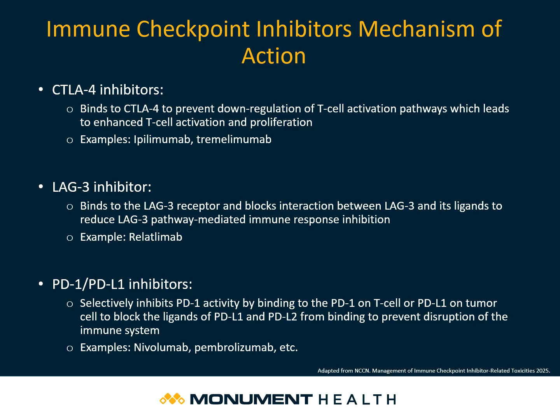Examples of CTLA-4 inhibitors are ipilimumab and tremelimumab. These immune checkpoint inhibitors are used for treating melanoma and hepatocellular carcinoma, respectively. Relatlimab is used in combination with nivolumab to treat metastatic melanoma, while for PD-1 and PD-L1 inhibitors, some examples of these are pembrolizumab and nivolumab, and some cancers that they treat are breast cancer, colon cancer, and other solid